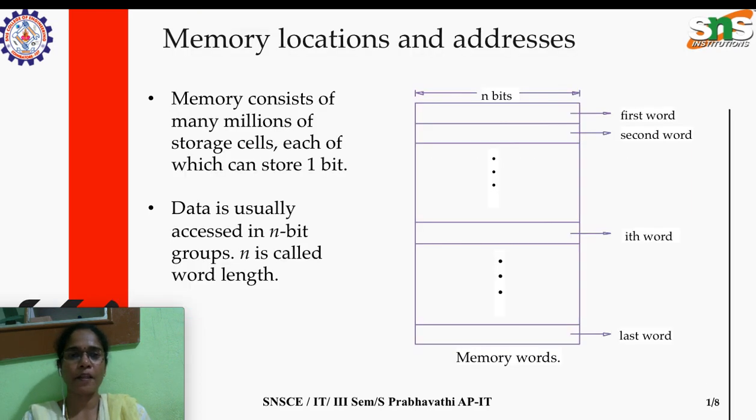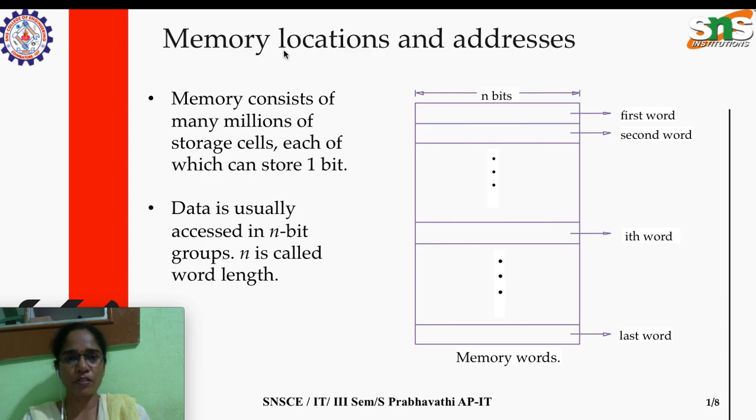Okay. So memory locations and addresses. What it says is, memory, I think you will be knowing. Here we are speaking about the main memory. When a program needs to be executed, that program should be loaded in the memory, and the processor will fetch the content from the memory. So our information has to be stored in the memory. In this section we are going to see how the information is stored in the memory, then how we will be accessing that stored information.